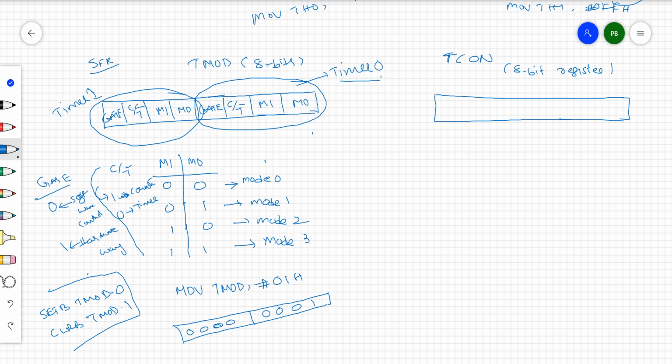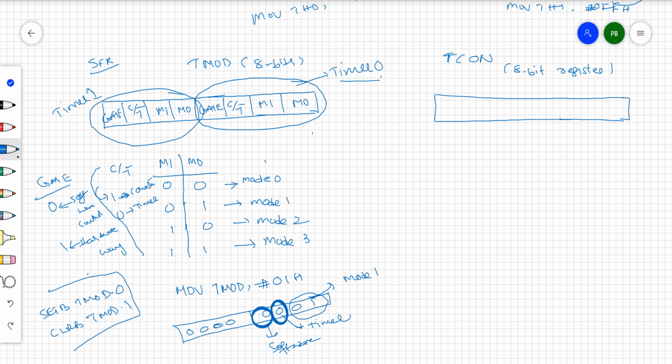If data is filled like this, then M0 and M1 decide it is operated in mode 1. Here 0 is there, which means you want to use it as a timer. Here 0 is there, which means you want to control it in the software way.